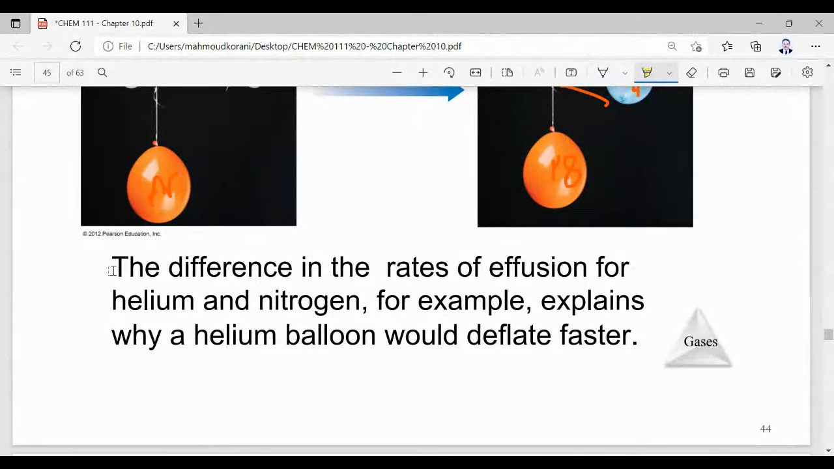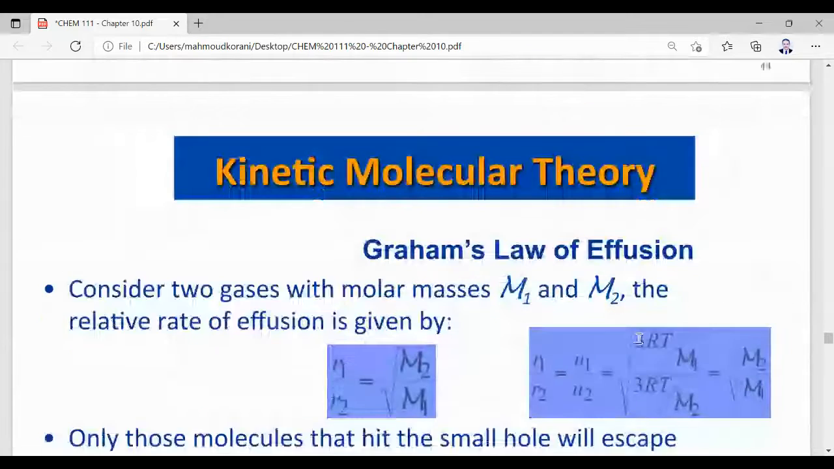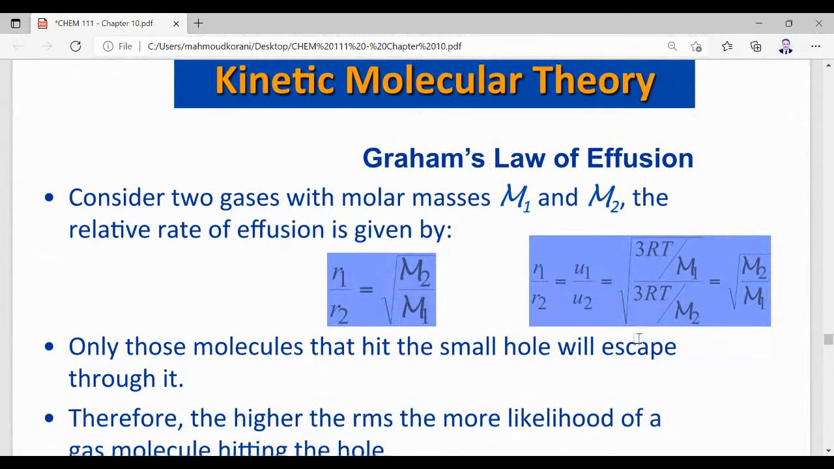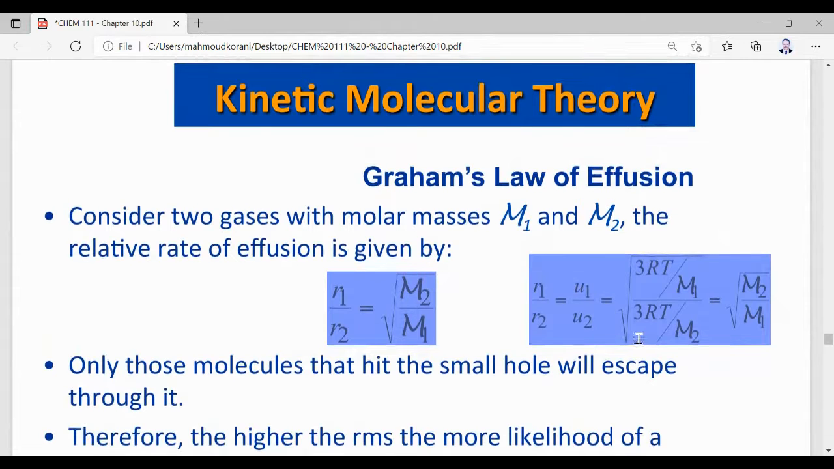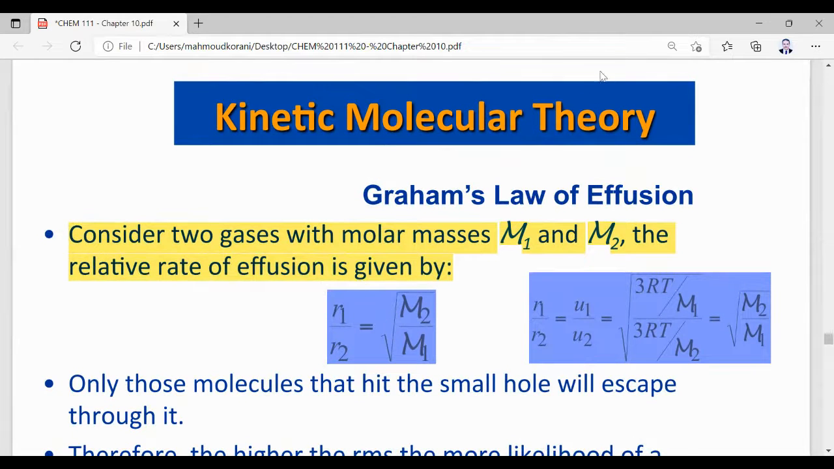The difference in the rate of effusion for helium and nitrogen, for example, explains why helium balloons deflate very fast, because its molar mass is small. Also, an application of the kinetic molecular theory is Graham's law of effusion. Consider two gases with molar masses M1 and M2. The relative rates of effusion are given by